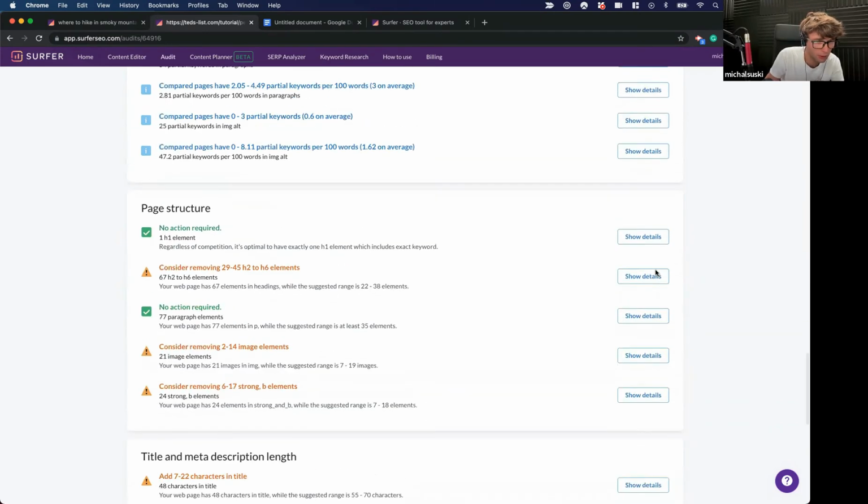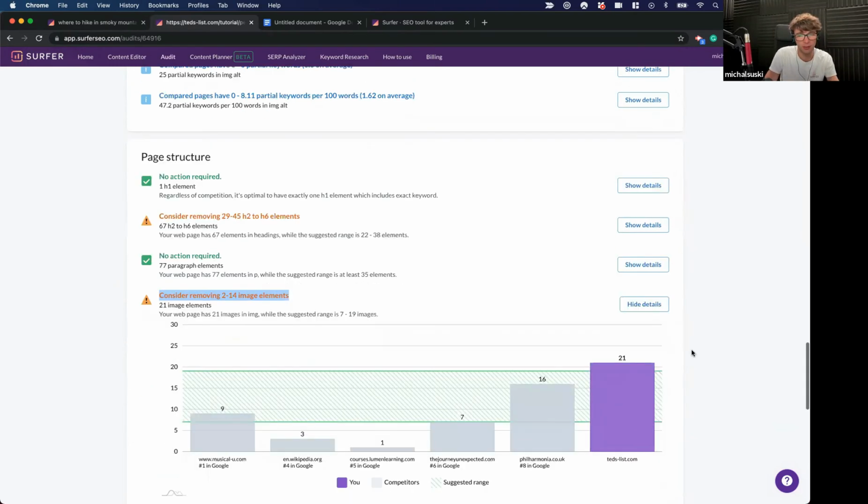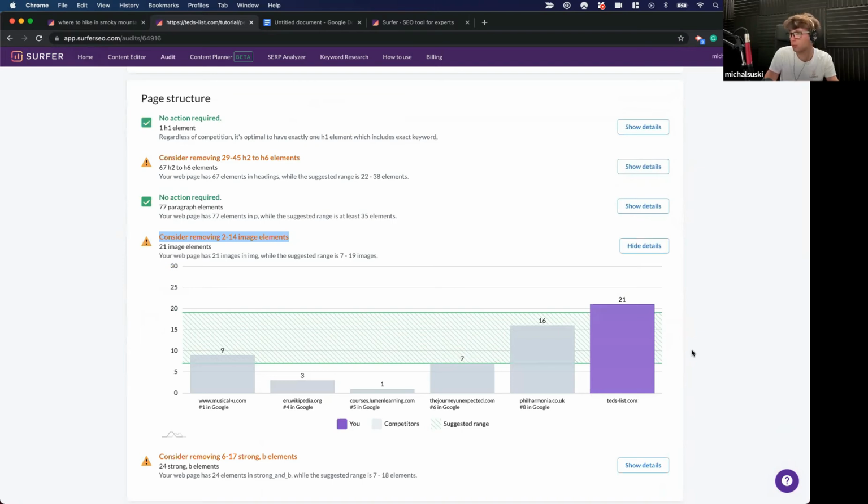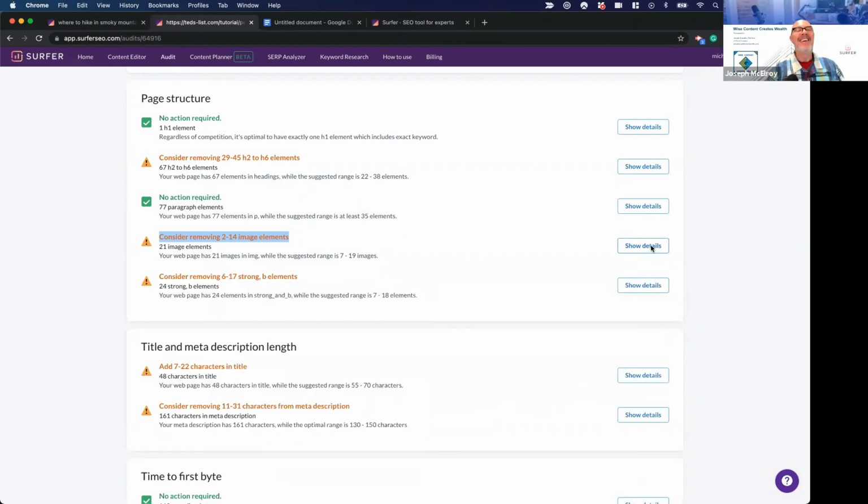Do anything with images and things like that too? Where are they? Yeah, here. So we have 21 images. That is slightly too many. Besides images, consider adding a video or anything like that? No. I know it's obvious. I know about this factor for 3 years already, and it's not there.